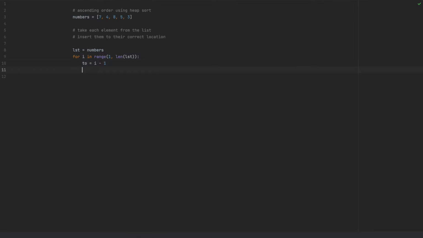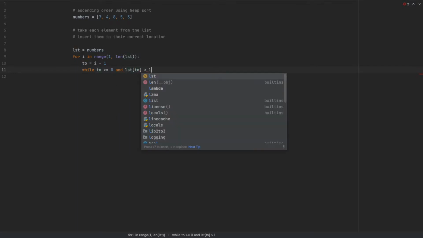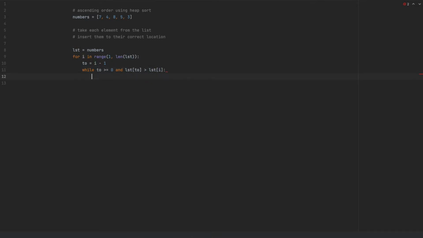And we will do that not in an if statement but in a loop, because for further elements we'll need more comparisons. So first let's check if the j index is greater than or equal to 0 and if the value is greater than list[j]. Then we will need to decrement this index, so this is not yet the right position to insert this element.